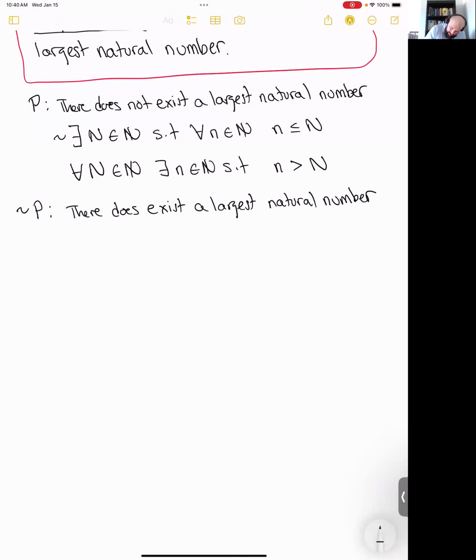And if I want to write it in quantified form, I can just take my first formulation, hit it with a not, and the two nots in the front will go away. So I get there exists a capital N such that for all n in the natural numbers, little n is less than or equal to capital N. And the proof strategy is to assume not P and derive a contradiction